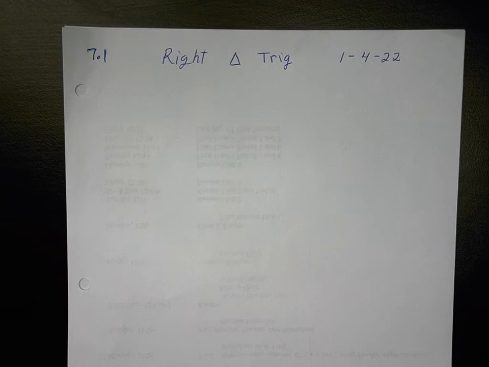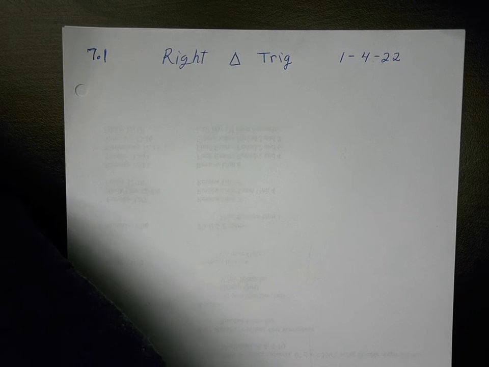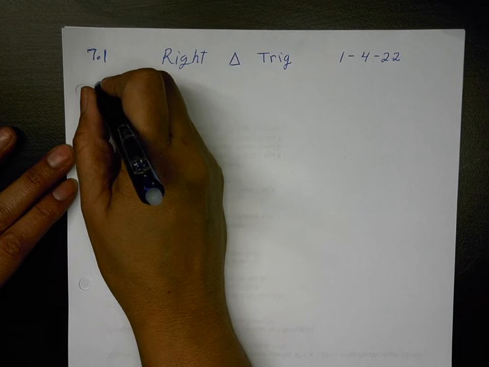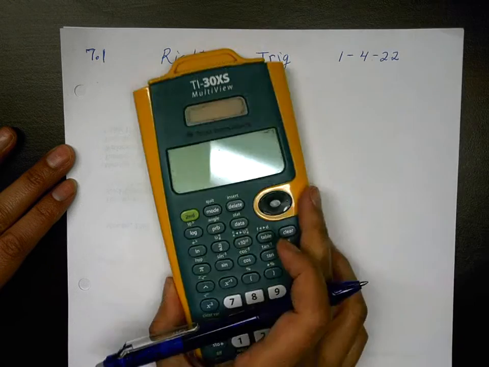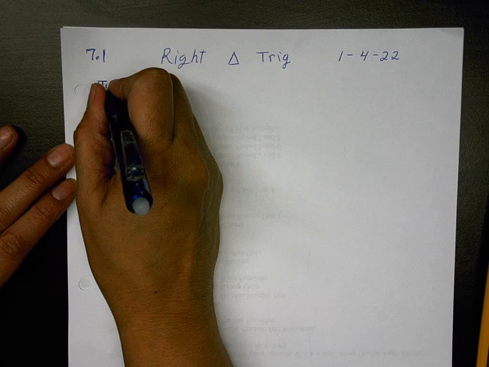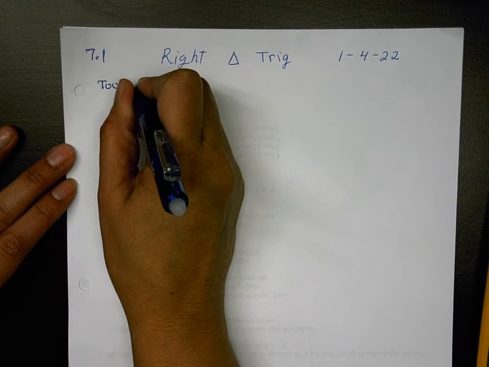This is Advanced Math, Lesson 7.1. The title is Right Triangle Trig. You will be needing a scientific calculator, and the tools we're going to be using